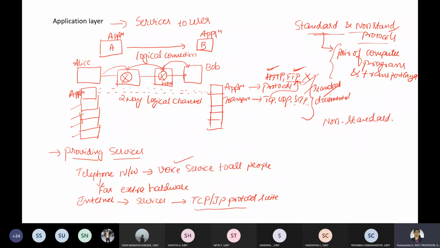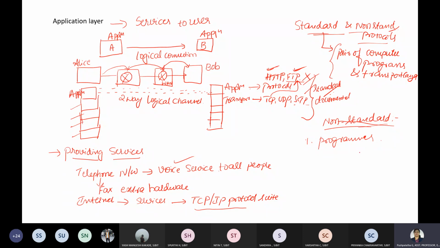non-standard protocol. Here, they are not standard, as the name itself tells. Here, a programmer can create his own non-standard application layer program. For example, he or she can write two programs that provide services to the user by interacting with the transport layer.